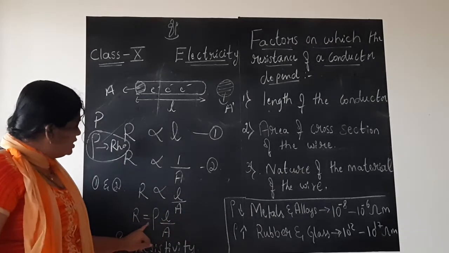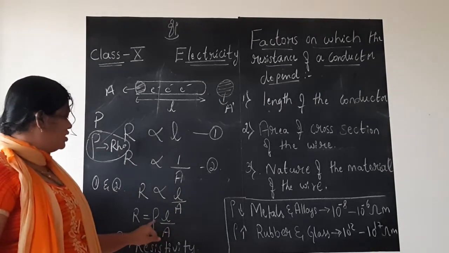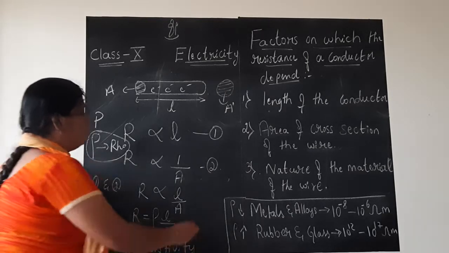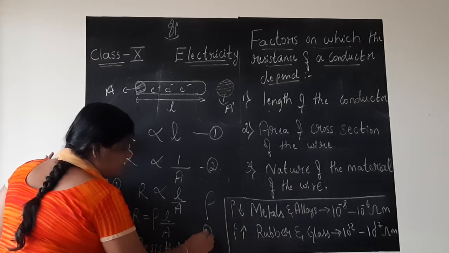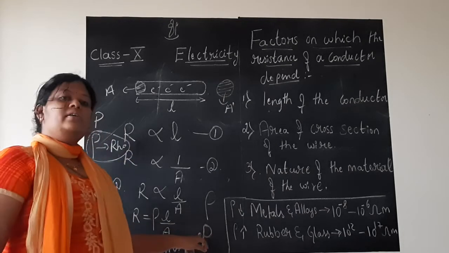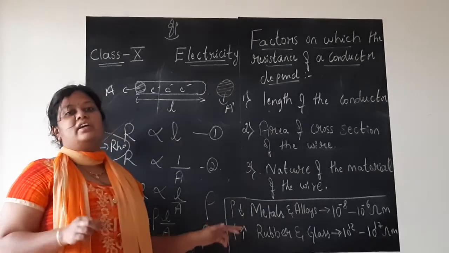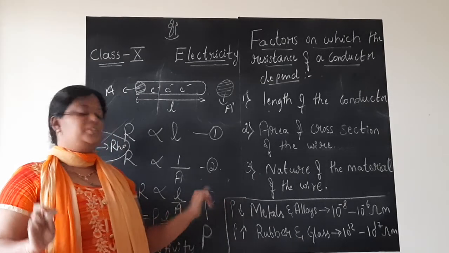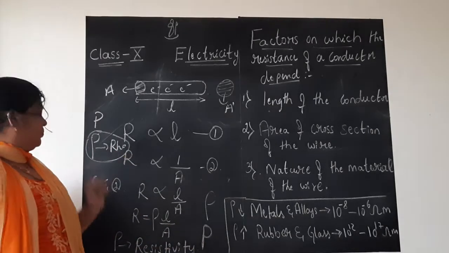To remove the proportionality symbol, we introduce a constant and put an equal to sign. That constant is resistivity. Resistivity is represented by rho, and you simply write it like this. Don't write P, exact P. Make it a practice: this should not have a sharp edge, or it will become P. Why am I insisting on writing like this? Each letter or symbol has its own meaning, so don't make mistakes. Let it be a blunt edge like this and not a sharp edge. That is rho, resistivity. Spelling is RHO, rho.